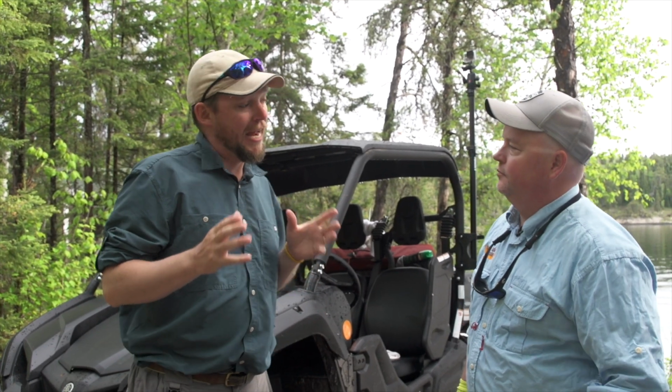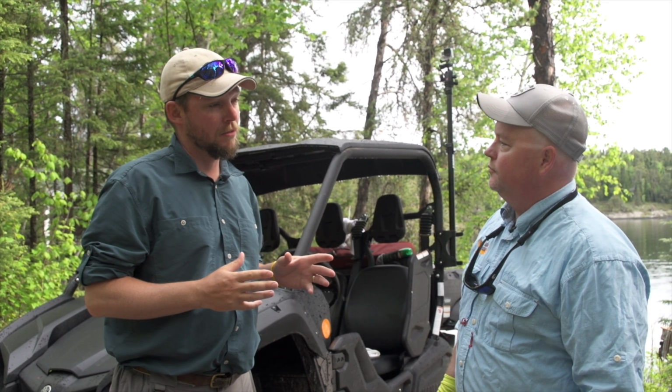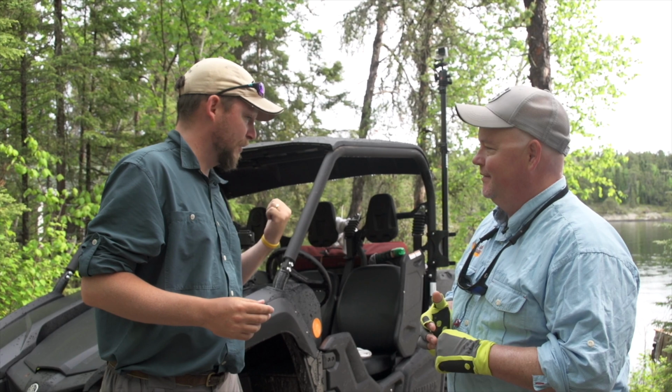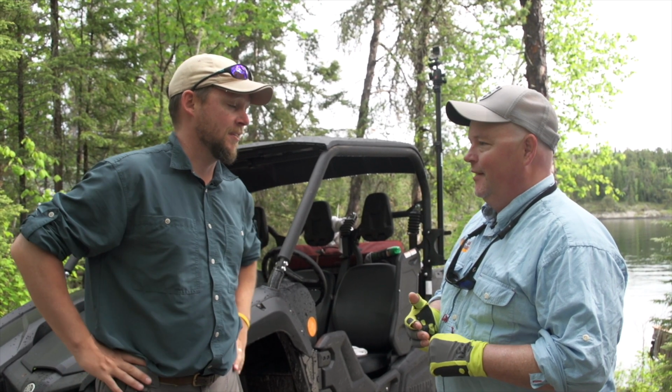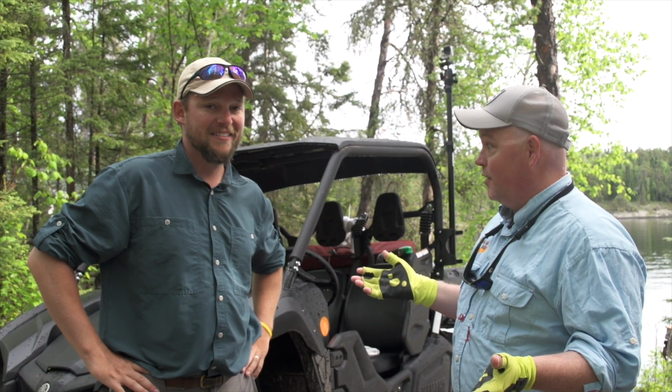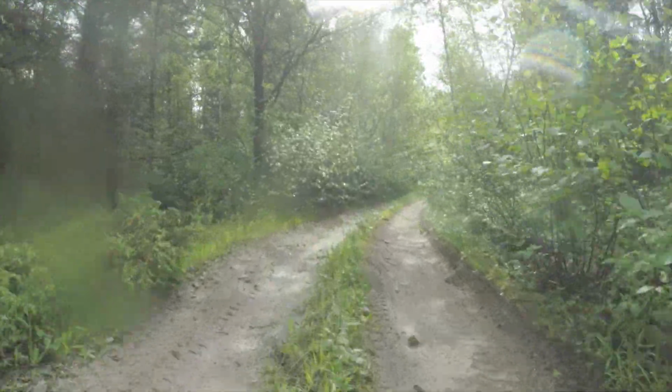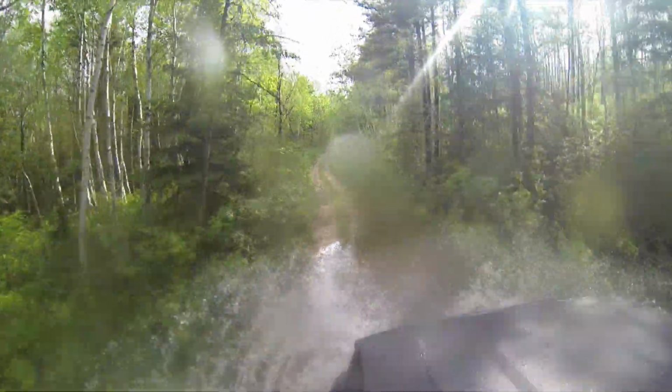One of the reasons that I absolutely love this place is because not only do you have the main lake that you can hit whenever you want, if you're up for a little adventure, it's available. It's great because we've got 18 other lakes running around. So if you want to hit the main lake, it's cool, but at 18, you jump on an ATV, you take a nice trail out somewhere, you're in the middle of the bush,